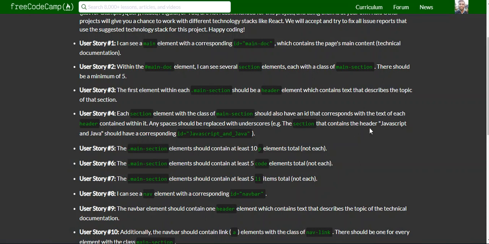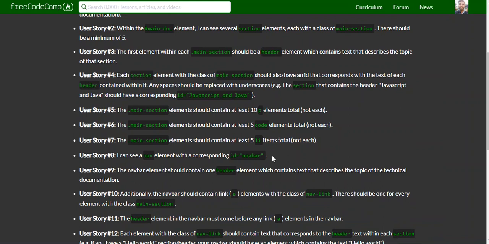Actually, this part should have come after this part here, because once you know what topics are going to be on the page, I mean in the nav bar, then it's really easy to give the IDs to the sections that correspond to the header element, if you know what that means. So for example,